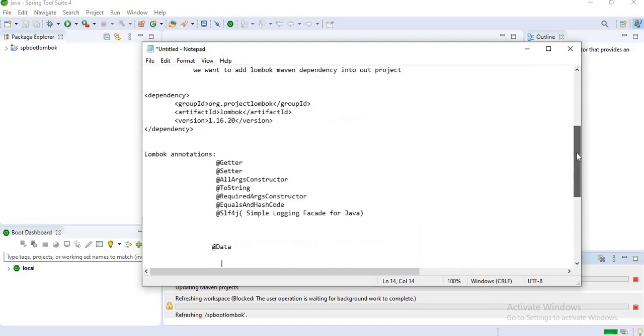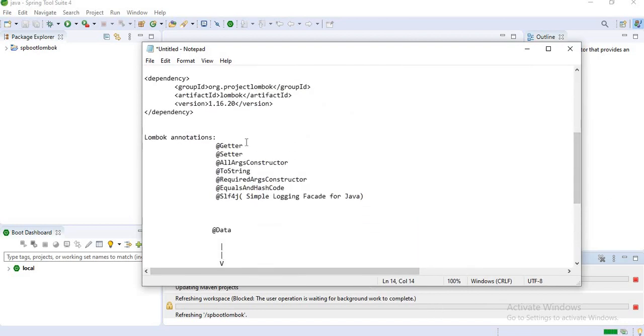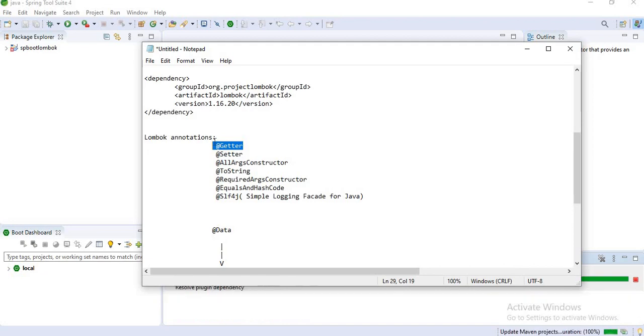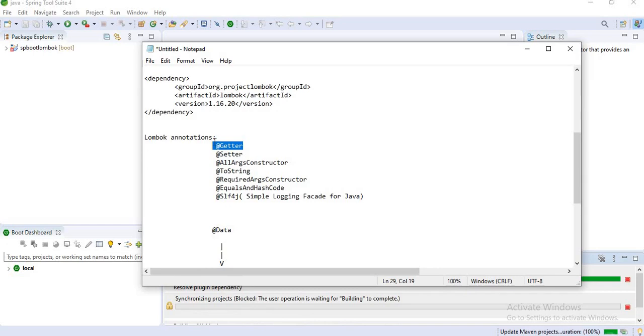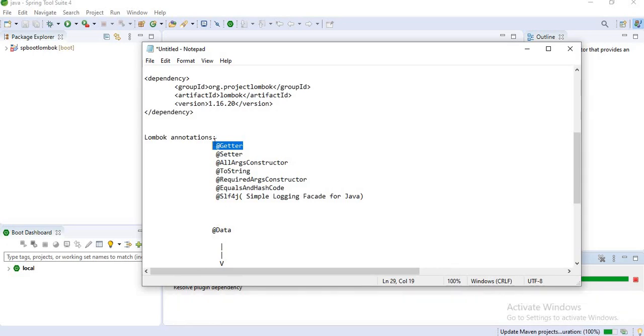Yep, I will explain these annotations. It is the @Getter annotation. What it will do is, if I declare that annotation in my model class, then getters will be generated automatically. This will help us in reducing boilerplate code, and similarly for the setter. If I declare the setter annotation, then setters will be generated for my fields.